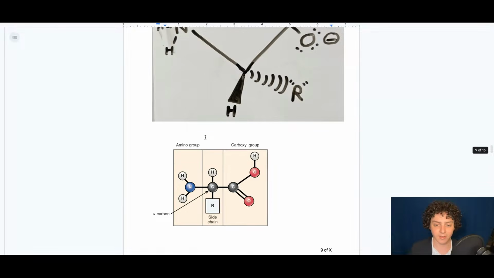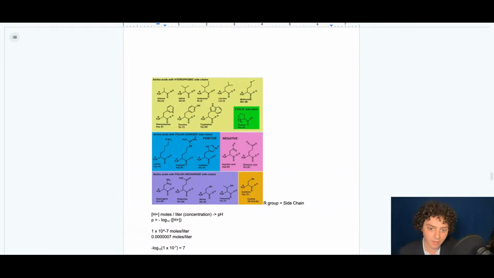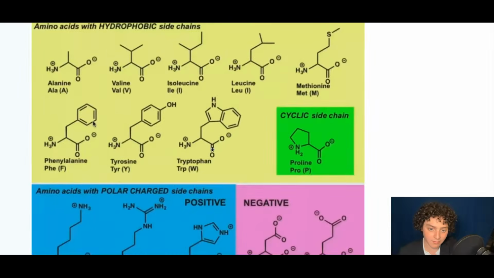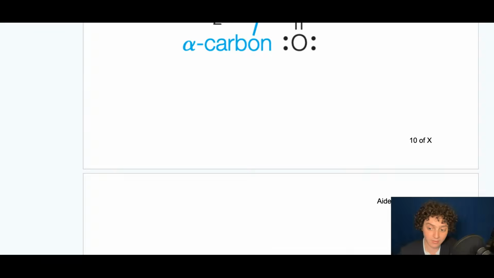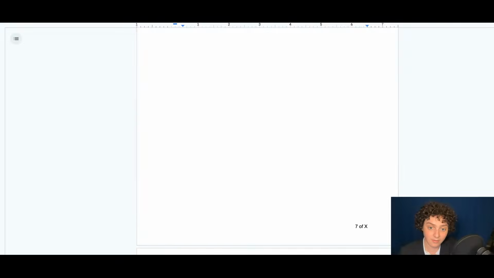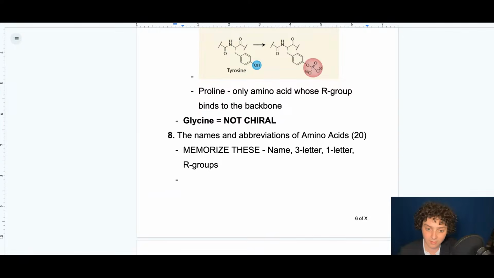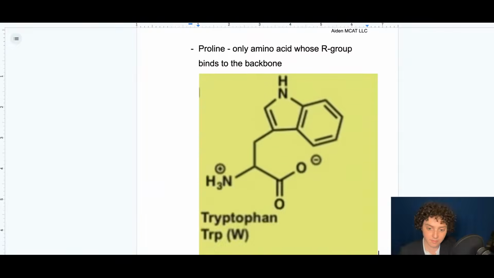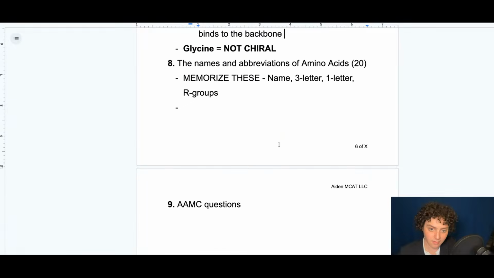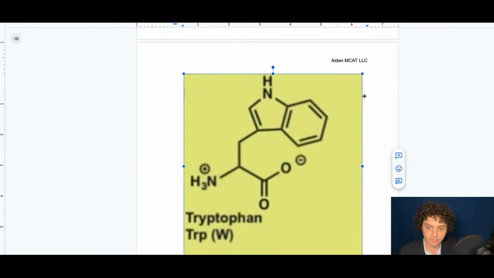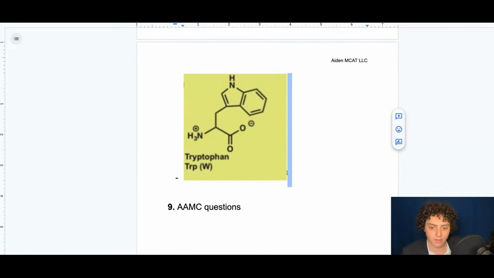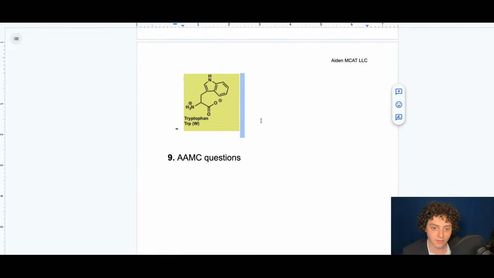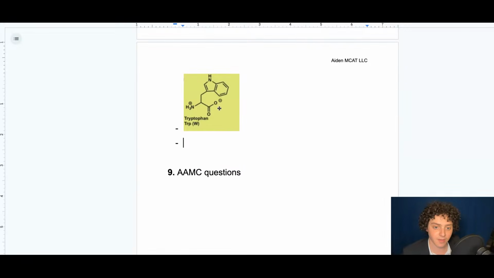I'm gonna go find it in this document. Tryptophan. Tryptophan has a very hard time hiding because it's sort of like big and scary, and that's why it's my favorite one. So, all right, Google Docs. There is tryptophan. So I didn't come up with this mnemonic, but tryptophan has the 3-letter abbreviation TRP.